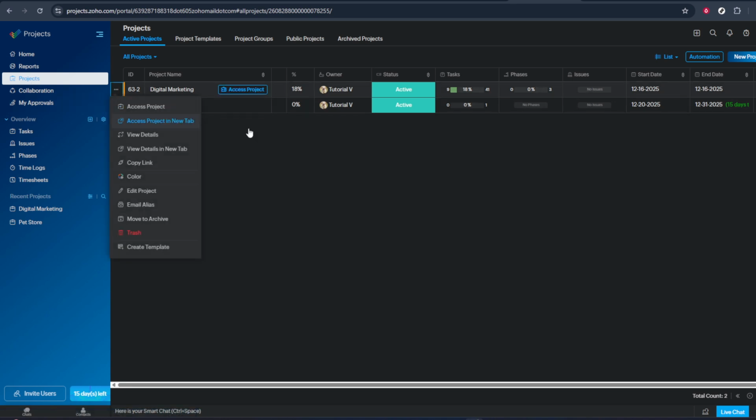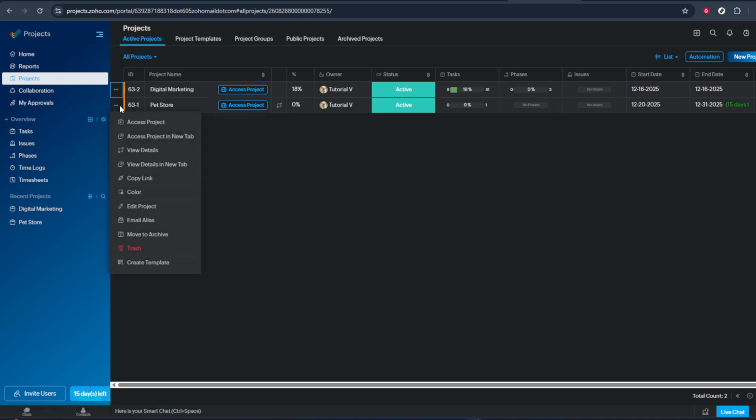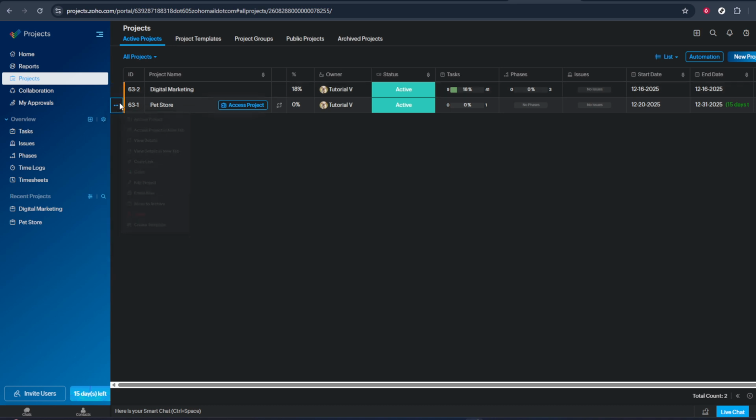Next, find the specific project that you want to archive. Take a moment to double check that this is really the project you no longer need to keep active. Archiving is reversible in many setups, but it's still a good habit to confirm that the project is finished or no longer in use. Once you have located the correct project in the list, move your mouse over that project